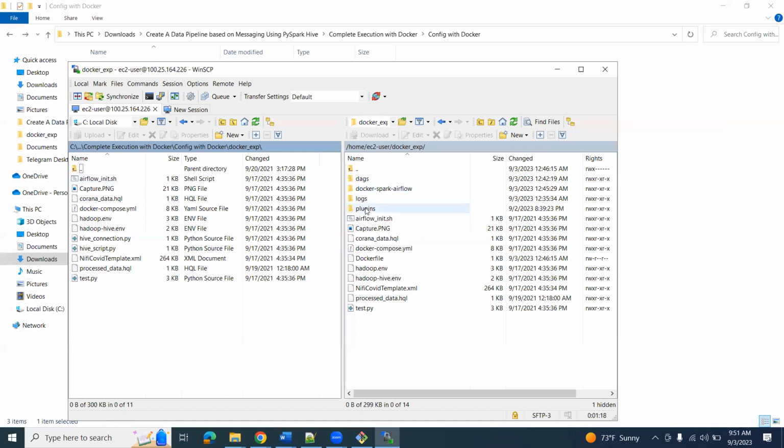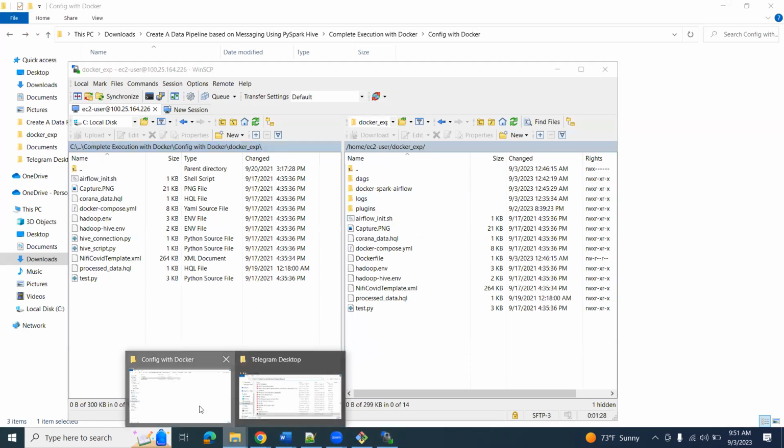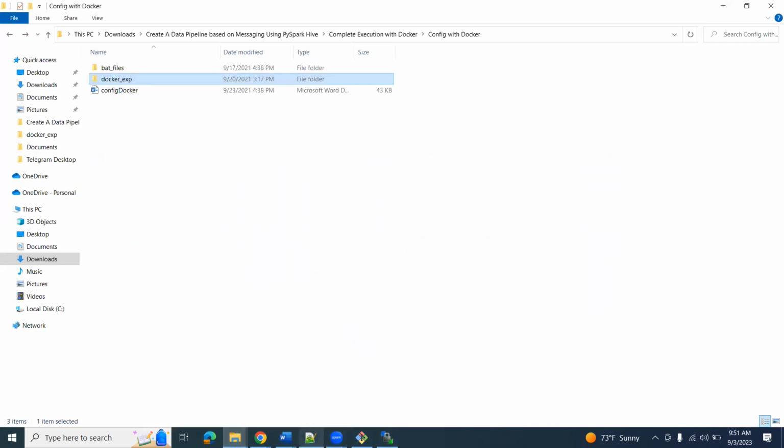Okay. So some steps we have to follow. First of all, we will copy this Docker exp folder to our EC2 instance. Okay. So that I have done. Next is,